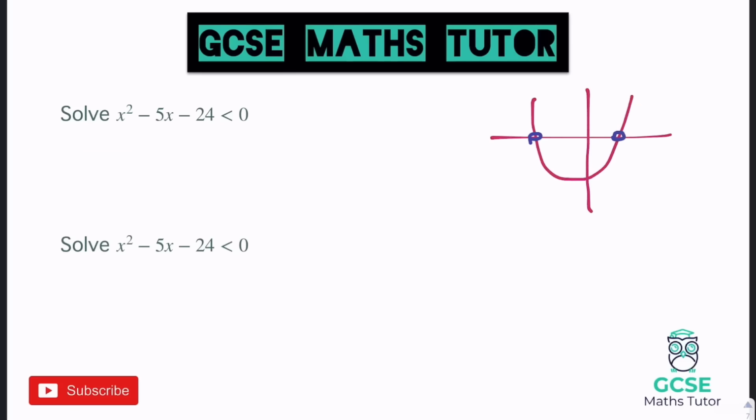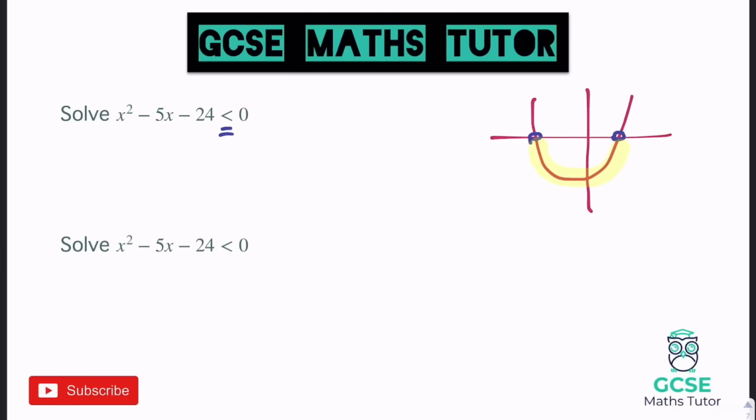Now this first one here, and they're both exactly the same, we're going to have a look at the two different scenarios. This first one says less than 0. So essentially it's saying, what part of this curve is less than 0? Now if you have a look, this part of the curve is what I like to refer to as below ground, or less than 0, 0 being the x-axis there. So really all we're going to say is, well, what part of the curve is between these 2 points below